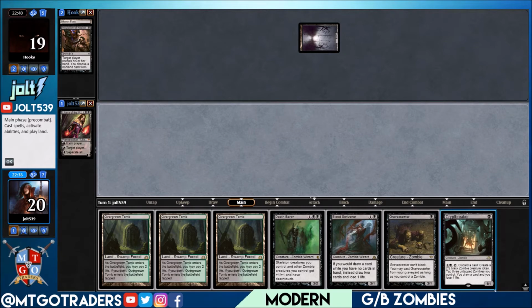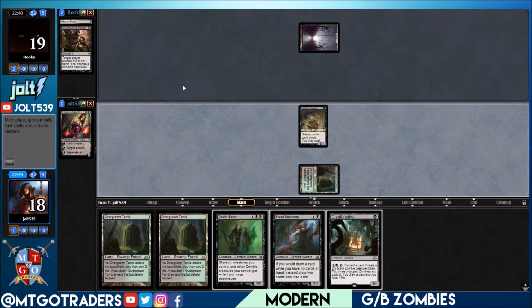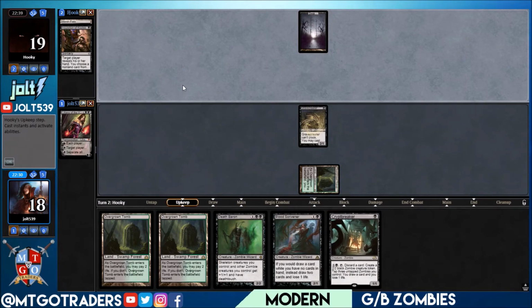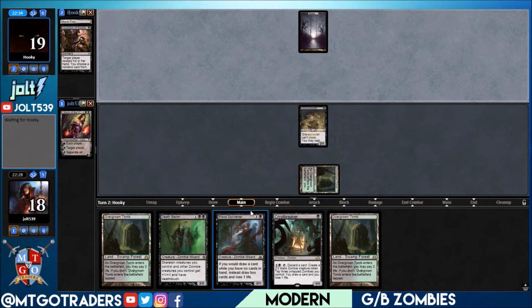I mean, we could, but we're looking at swinging in for 2. So let's go and shock this Overgrown Tomb in. Let's go Gravecrawler. That way, if they have any sort of removal, other than Path to Exile, it's going to send Gravecrawler to the graveyard, and then we can cast it out of the graveyard too. So next turn, we're probably looking at...